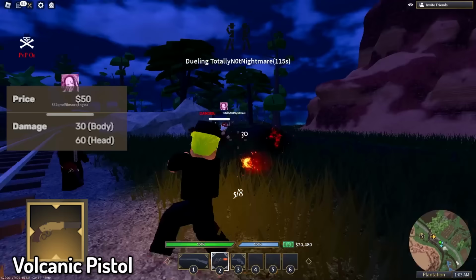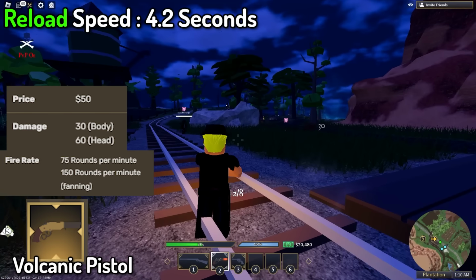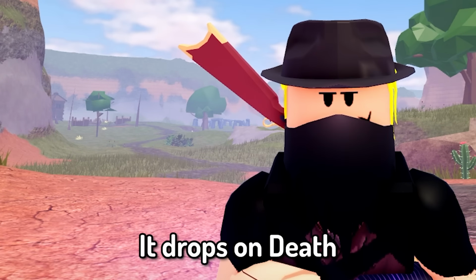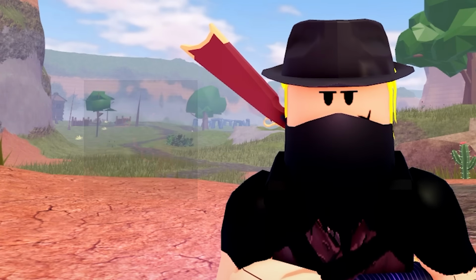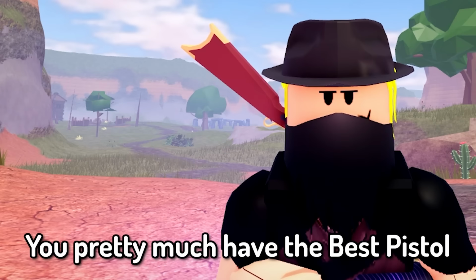It does 30 damage to the body and 60 to the head and has a reload speed of 4.2 seconds, plus the 97% accuracy. It also has 8 rounds. The only issue is that it drops upon death, meaning it doesn't save, unless you have the cursed volcanic pistol. The 2021 Halloween cursed volcanic pistol does save, so if you have it, you pretty much have the best pistol